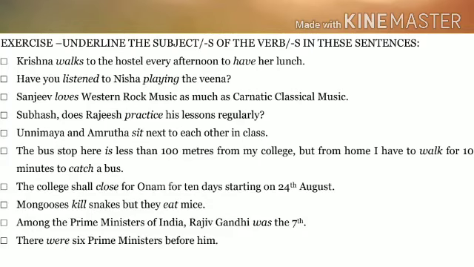So we had four exercises in the worksheet I gave you. The first one is underline the subject or subjects of the verb or verbs in these sentences. Okay. In the headline itself, you were given a hint that there might be more than one subject in the sentence and there might be more than one verb. Okay. Now, one basic rule in an English sentence, I think in any language for that matter, is that there should be a verb in every sentence.